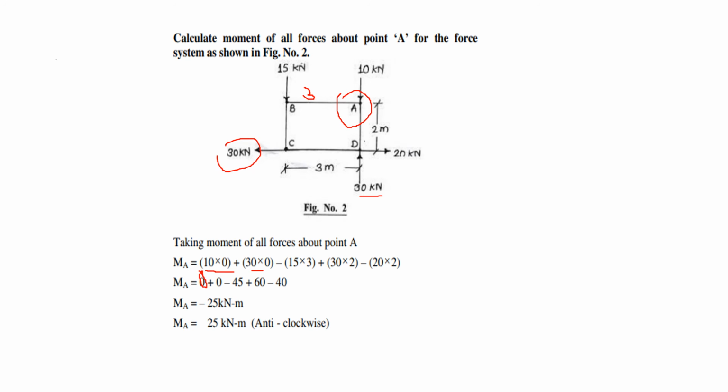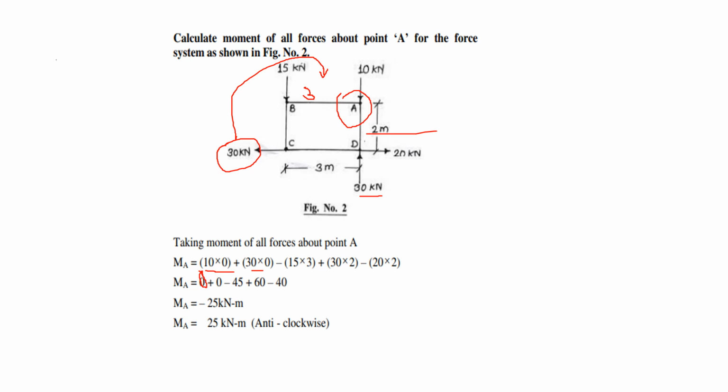This 30 goes in clockwise direction up to point A like this. This 30 is a horizontal force and the perpendicular distance is 2 meter. So 30 into 2,